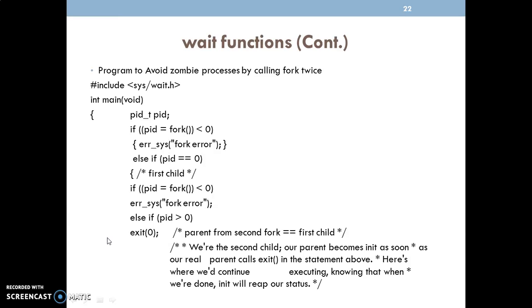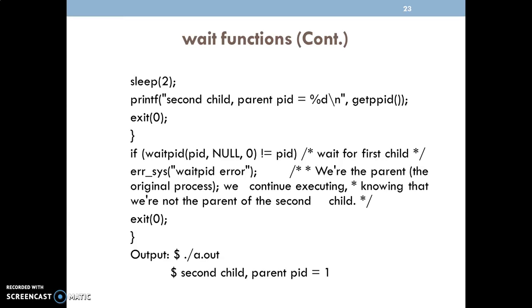Now we are allowing the process B to execute. So in this case, we are executing exit(0). Nothing but it is the first child of the parent A. So now we come to the second child C. For the second child C, we are finding who is the parent for that. Otherwise it will become a zombie state.